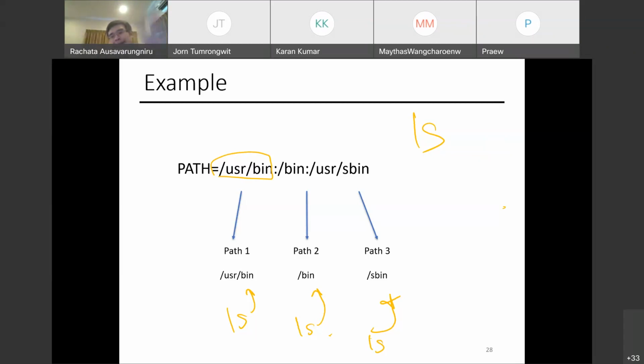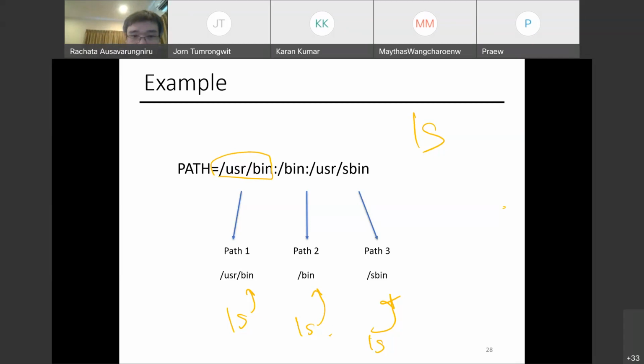Okay, let's do one by one. There's a question in private chat that says, how do you check if ls is in there? The shell has built-in features that would check that for you. If you want to actually check, you can go to /bin and list them out. It would print out there's a file called ls that would basically run the ls command.